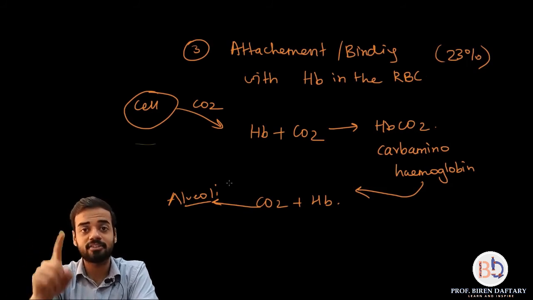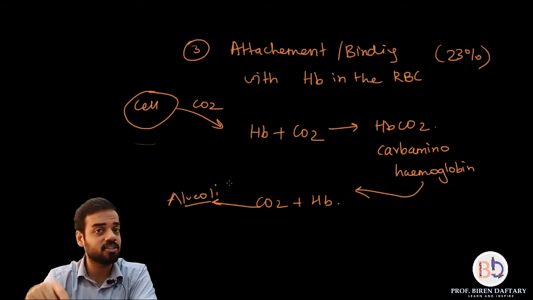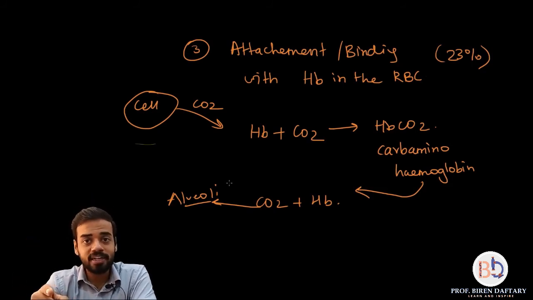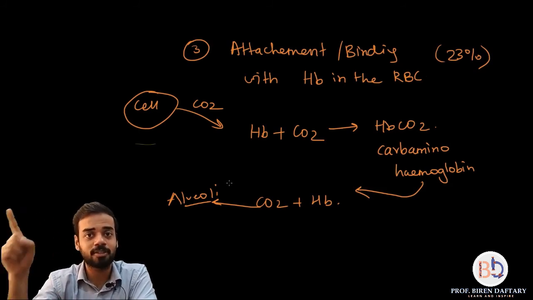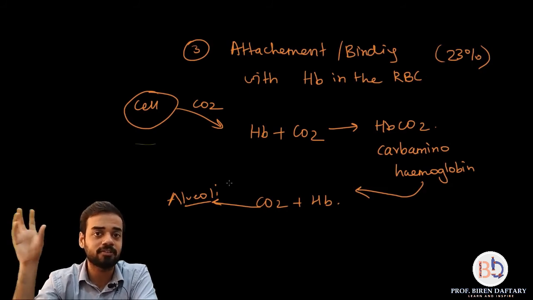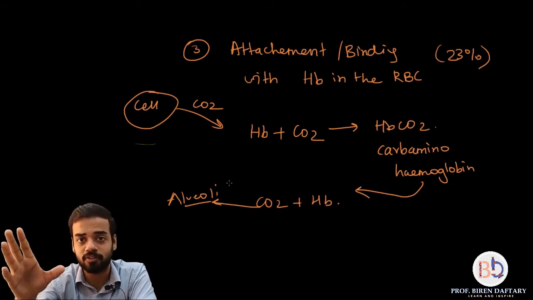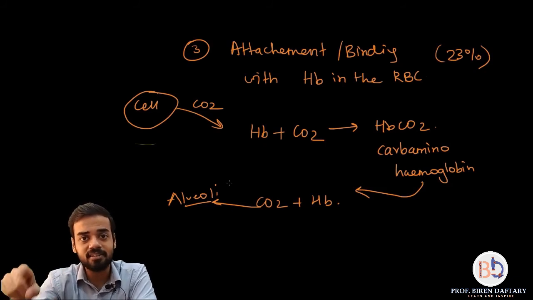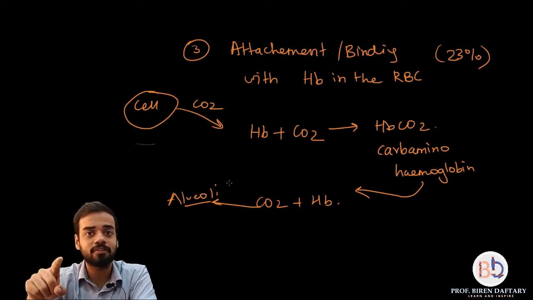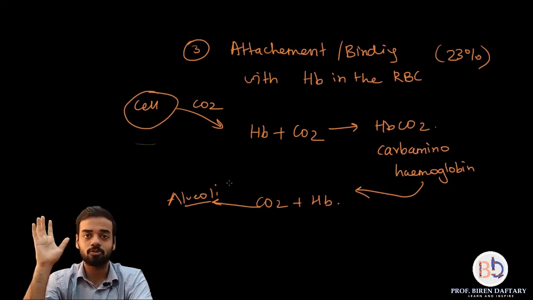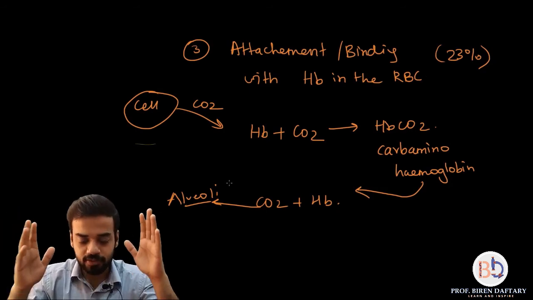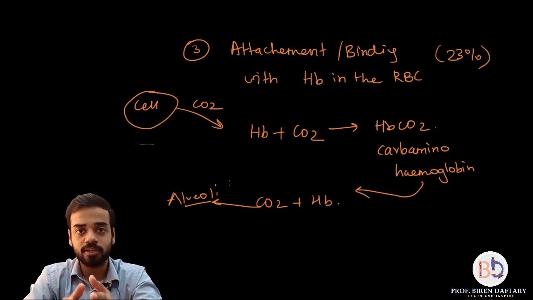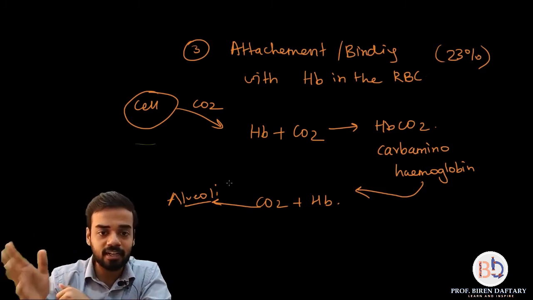What is making these reactions faster? A catalyst called carbonic anhydrase, which is present inside the RBC, not in the plasma. Chloride shift happens, I have already explained that. HCO3 ions which go into the plasma, they combine with potassium and sodium ions, they form the respective bicarbonates which act as buffers. And inside the RBC, the extra protons or hydrogen which are formed combine with hemoglobin to form HHb, reduced hemoglobin. Okay, they also act as buffers. Is this clear? So friends, we have finished with internal respiration today. We have finished with transport of oxygen and carbon dioxide.